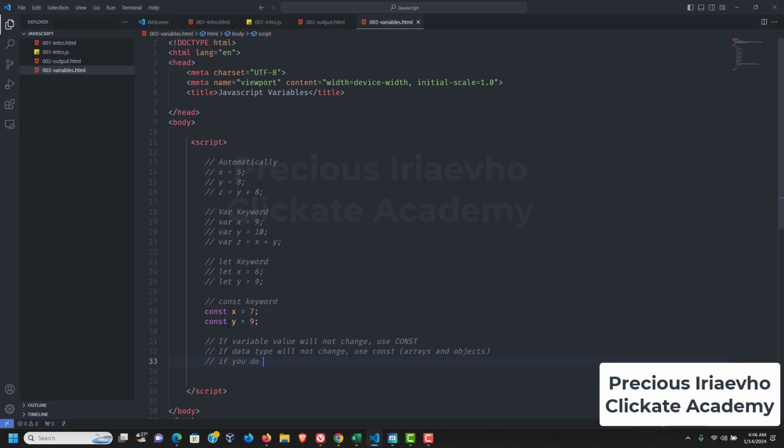If you do not want to use const, then use let. Most times you will use let or you will use const. Aside from that, you can eventually ignore var because var is now outdated. Okay guys, so please, if you will not use const, use let, but please avoid the usage of var. All right guys, something else you need to know: when creating JavaScript variables, it is important that you use